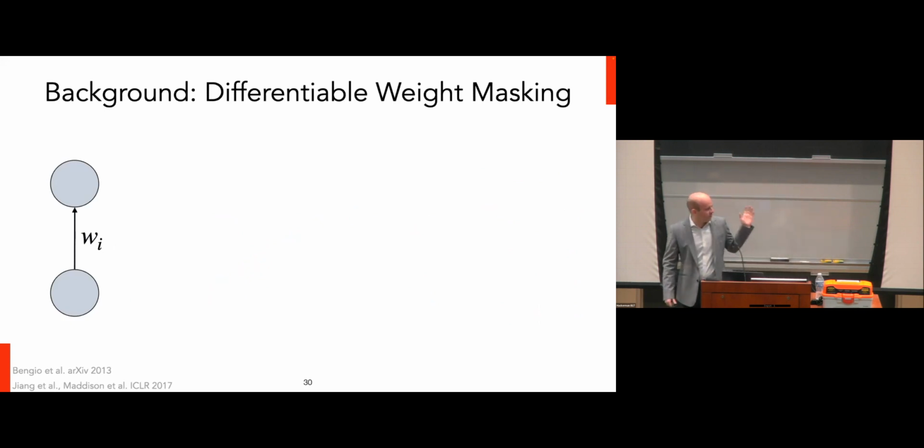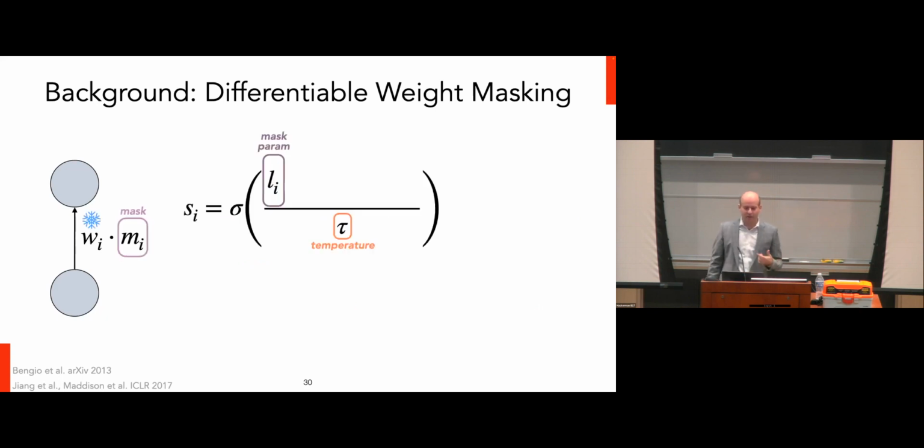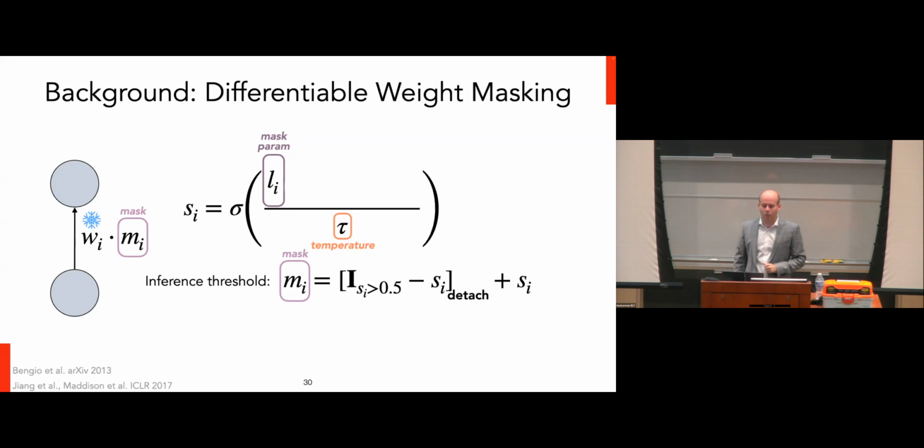So to learn these masked weights, we're going to do a slight modification to some methods that already exist from before. Bengio et al.'s work in 2013, and Zhang et al. and Mallya et al.'s work from 2017, where we define some learnable parameter for each one of these weights, which we call l_i in this framework. And then for each of these parameters, we're going to compute a weight-specific score, s_i, and use what's called a straight-through estimator to map that score to a binary value, m_i. So a straight-through estimator essentially works by forcing s_i to 0 or 1, depending on whether or not it is below or above a certain threshold, which in this case, we set to 0.5.